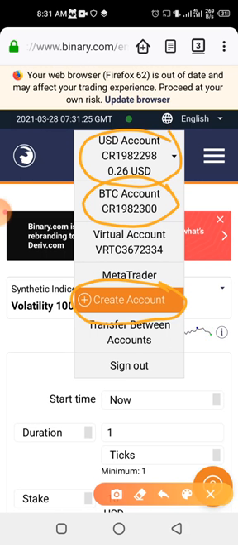So what you do is, after clicking on that create account, you follow the process and you click yes, you are sure you want to create an account in USD, or yes, you are sure you want to create an account in Bitcoin. If you've created a USD account, you can still go back and create a Bitcoin account for the means of deposit. After that is done,